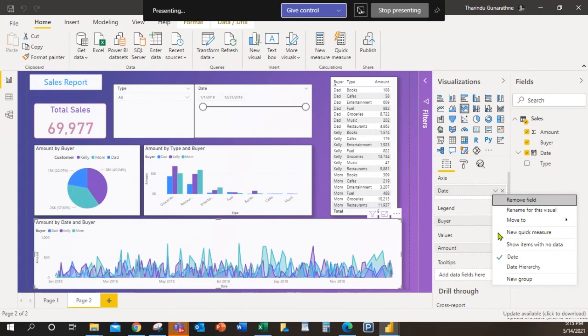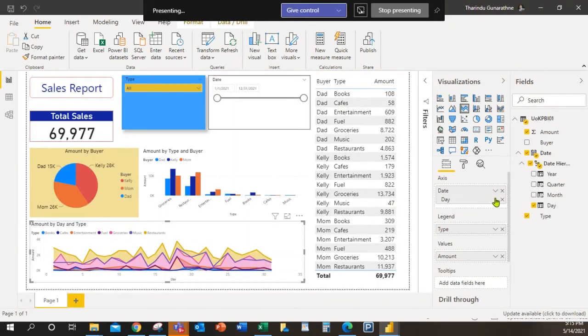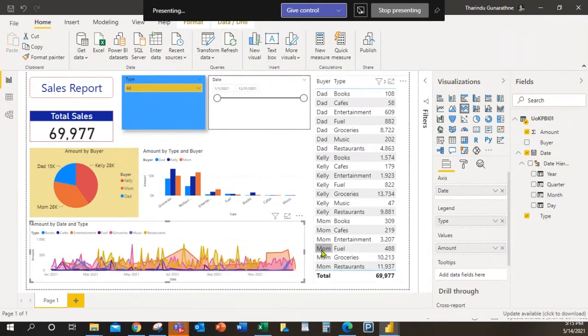Okay, here we already added date and select date. Okay, let me do the same thing.